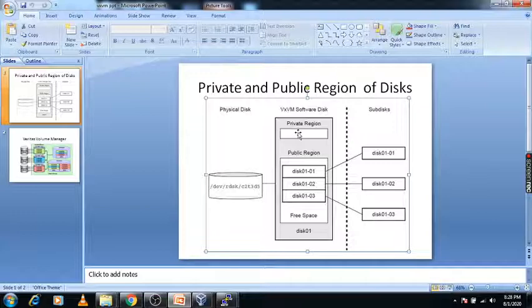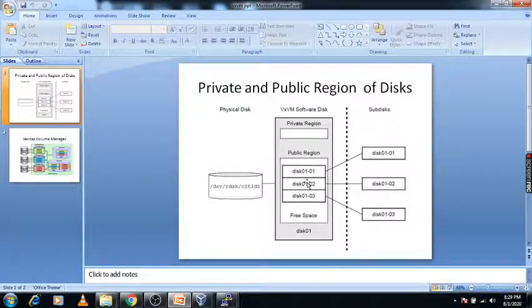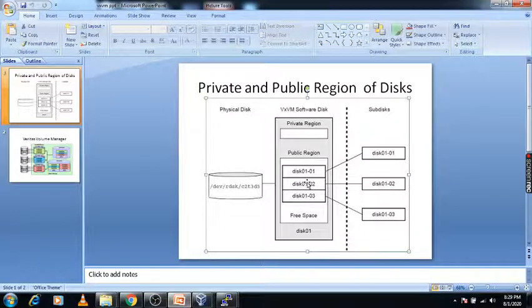The public region has all the other space, that means all space except 32 MB, and it is used by the end user. Whatever volume we create is under this public region. Using this public region, it will create the subdisk, plex, and the volume.